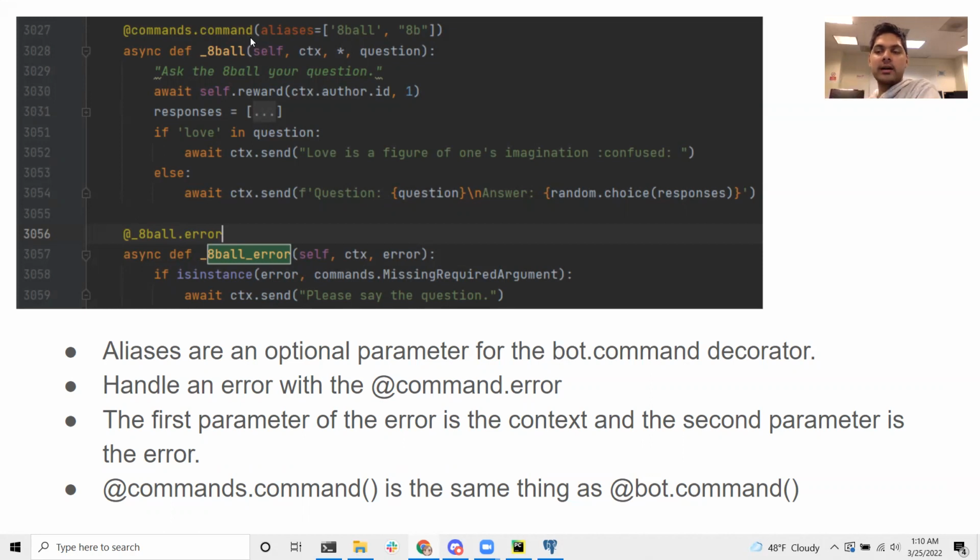Unfortunately, I don't believe in love, so I filter the questions: if love is in the question being asked, I just say that love's a figment of one's imagination. Otherwise, we choose a random response from my responses with random choice and send that in answer to the question being asked.